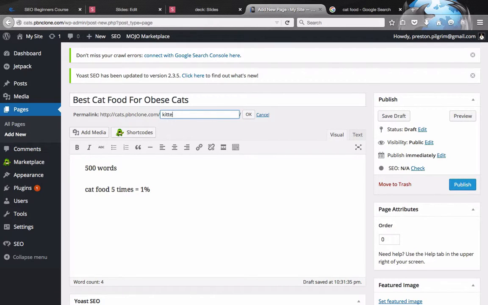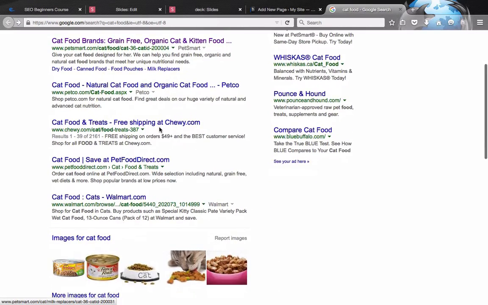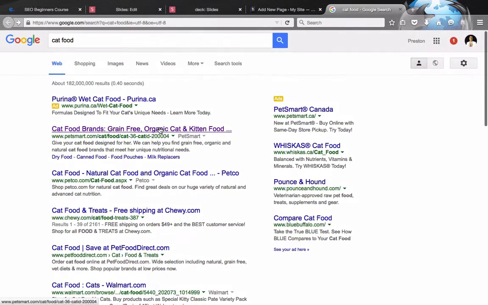Or kitten food. Maybe they put kitten food in the URL. So what you want to do basically is, I'm not going to come here and tell you the exact strategy, how many words you need to be using, how many keywords should be in your article. What you need to do is go to the first page of Google, look at your competition, see where they're